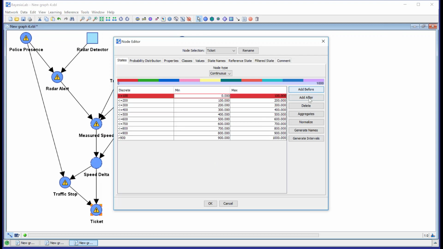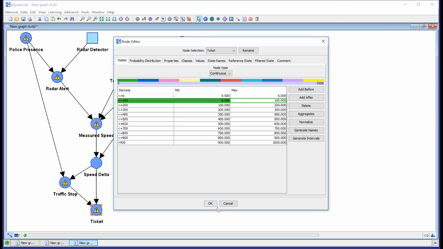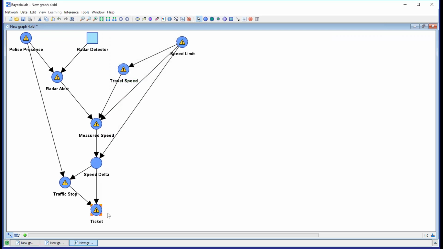In fact, let me create a distinct category for $0, because we know sometimes you get pulled over and then you just get a warning when you get away with it. So for that, I've now just created a $0 state. All right. So this is basically just looking at getting caught.